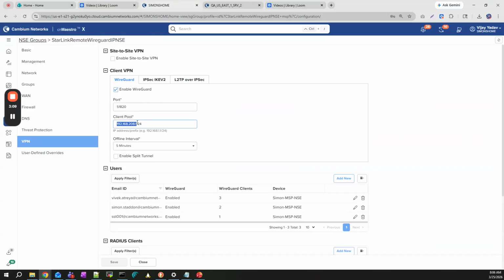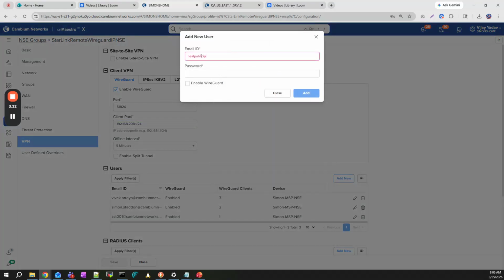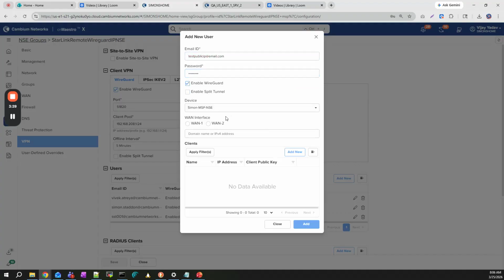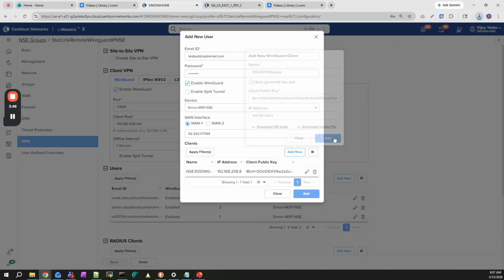Configure a DHCP pool, basically a pool from which the WireGuard client will be assigned an IP address. We add a new user, give it any name, test public IP @email.com. Then you can select the WAN interface and add a client for this user. I can say NSE 3000 WG spoke. I download this configuration, click add,